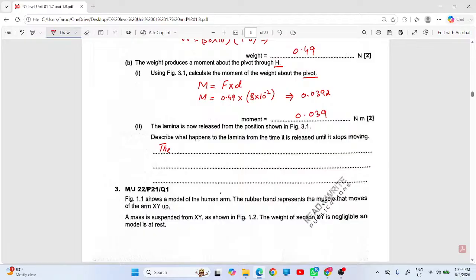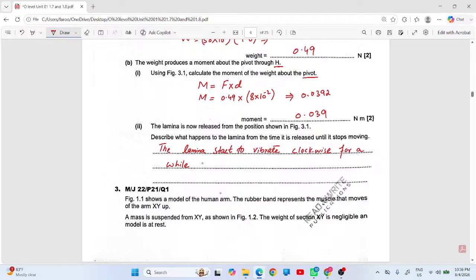The lamina starts to oscillate or vibrate clockwise for a while,